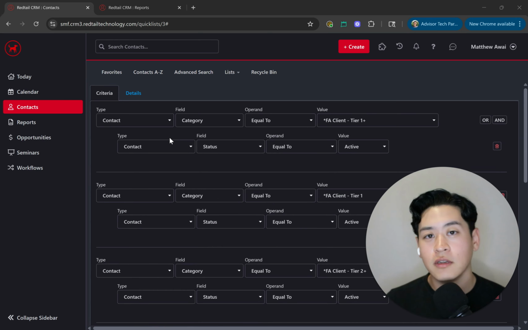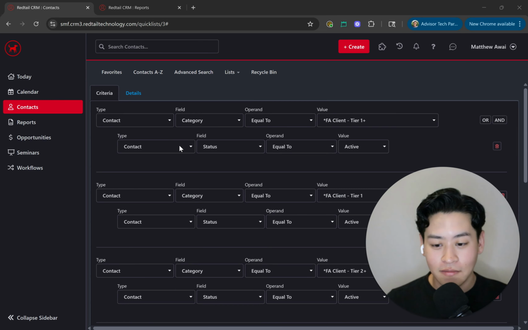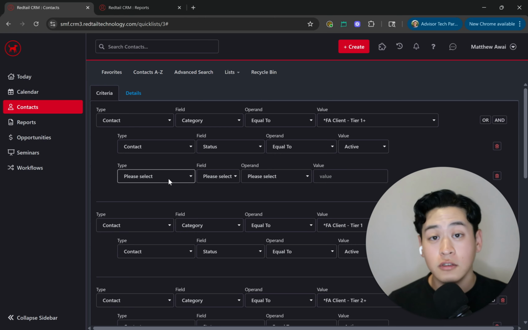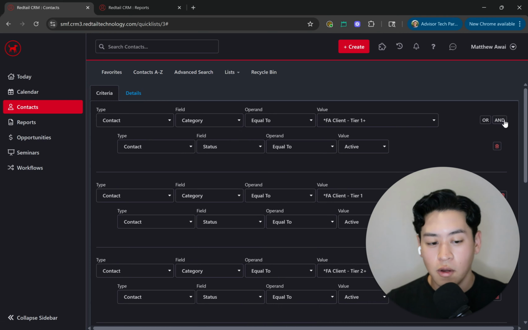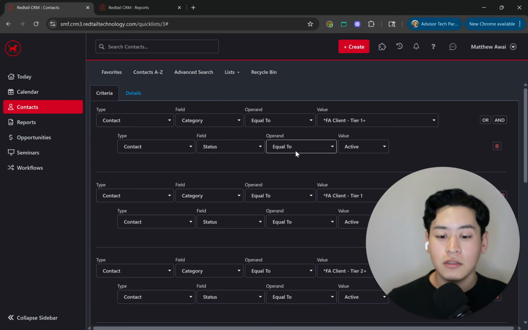And the next thing, we want to make sure that all of these contacts' status are active. So the second thing that we will do is called an AND function. So we'll click on AND. I'll show you an example here. If I click on AND, it'll show up below here. And I can also further filter down if needed. But in our case, we're just going to be doing one AND function. And then the type, again, is going to be contact. The field that we're looking for is going to be the status, and we want to make sure that that